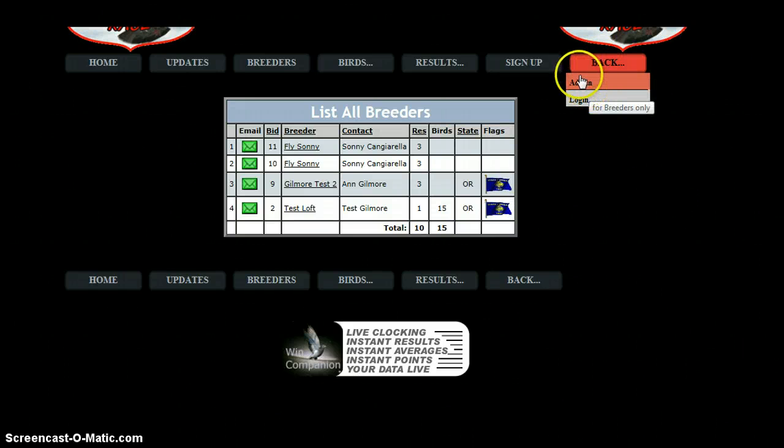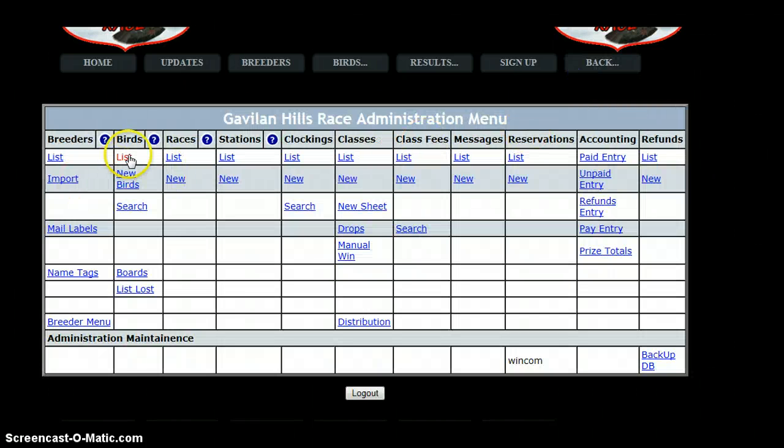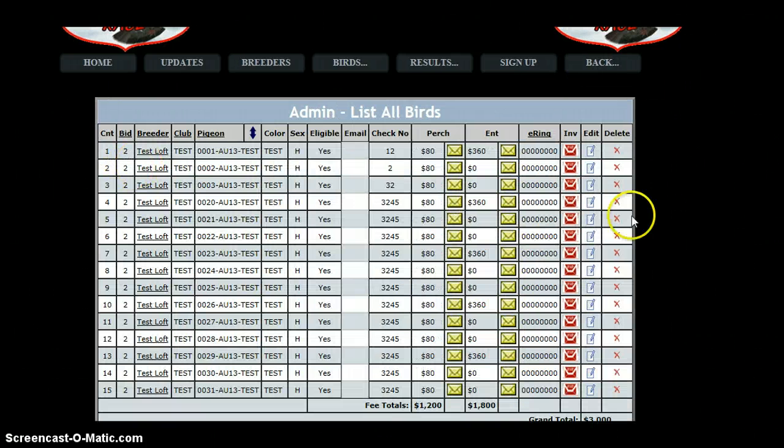And the other thing I wanted to show you was part of the reason that we are asking for email addresses. I've got 15 pigeons registered in my name. Test Loft is my test data that I'm working with when I first set up this race. And I'm going to click the email perch fee receipt because these birds are all registered and the perch fee has been paid. And now what that will do is